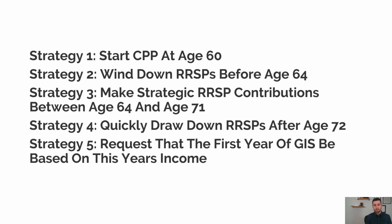Now, the last strategy is that when you start the guaranteed income supplement, you can request that the first year of GIS benefits be based on the current year's income, so this year's income. So rather than being based on the previous year when maybe you had employment income still, you can have it based on the current year's income, which for many people will be quite a bit lower. So if you employ this strategy, you can get more from your guaranteed income supplement, and you can get up to 12 months of payments that normally you wouldn't receive because your previous year's income would have been much higher